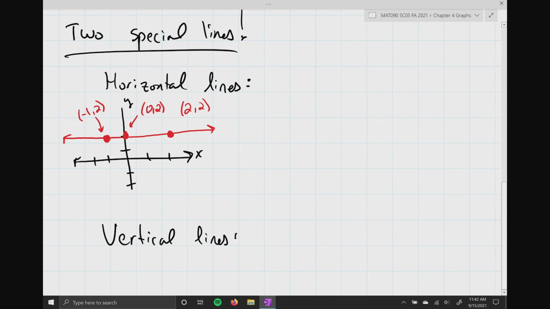Now, there's something very special happening here. Does anybody see it? All the y values are 2. Say that one more time and say it loud and say it proud. All the y values are 2. Look at all the y values. It doesn't matter what x value I pick. Hallie, thank you very much for that. It doesn't matter what x value we pick. Y always equals 2. All horizontal lines